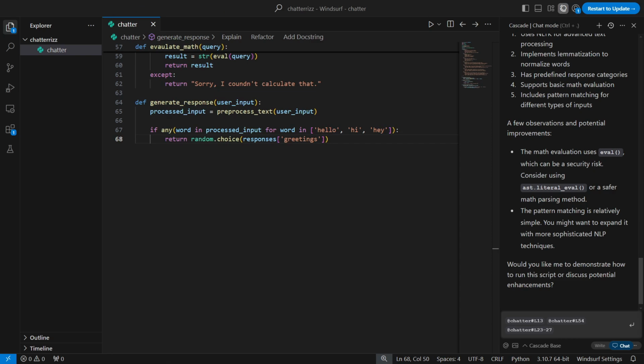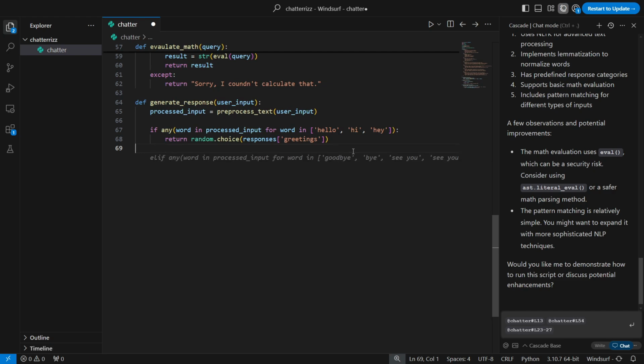So if any word in the processed input matches common greetings like hello, hi, hey, it's going to return a random greeting response from the greeting responses list. After this, we're going to add another if statement, so elif,